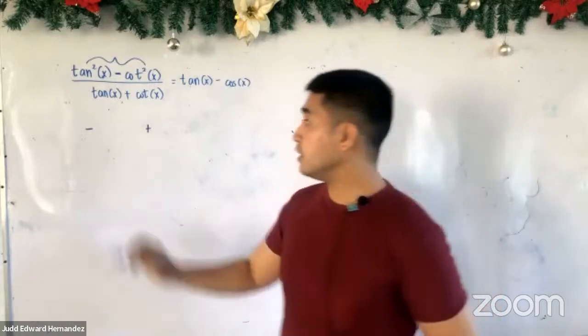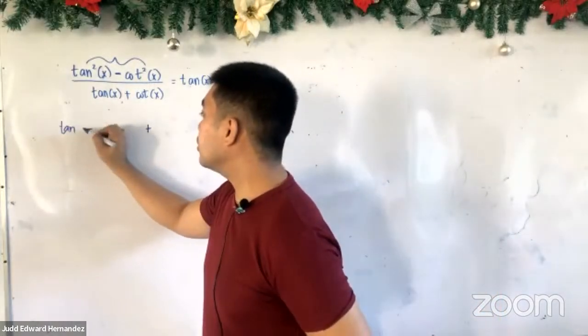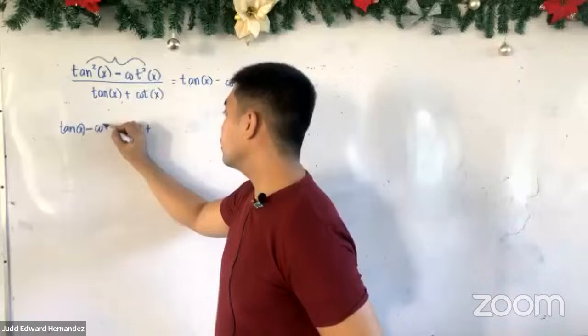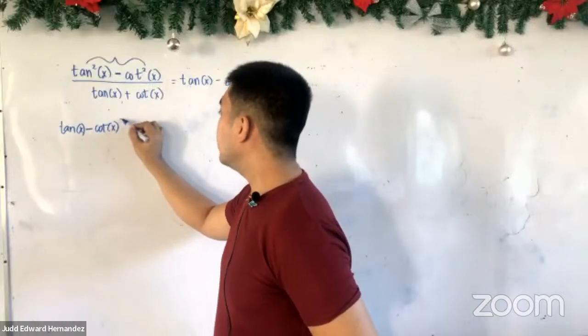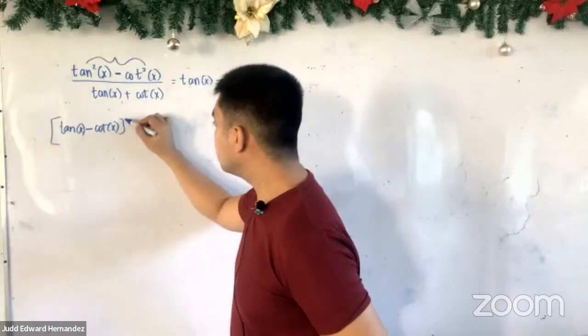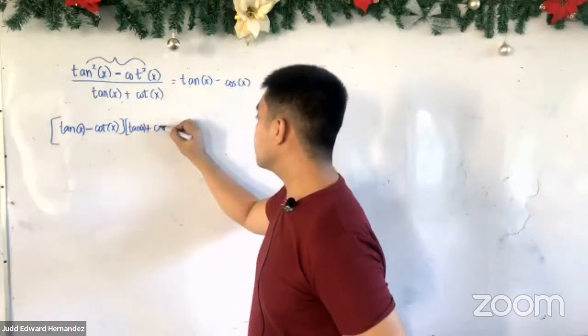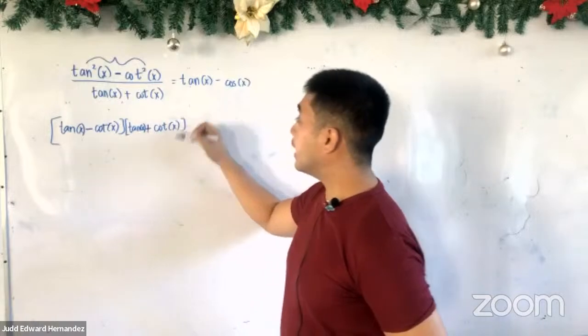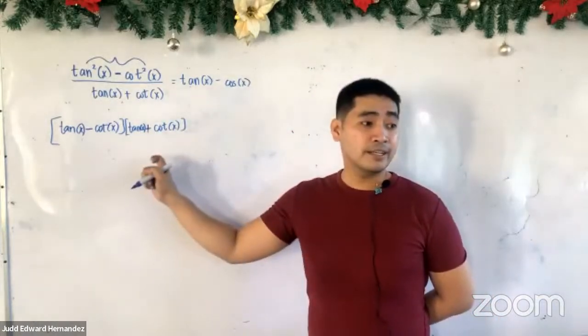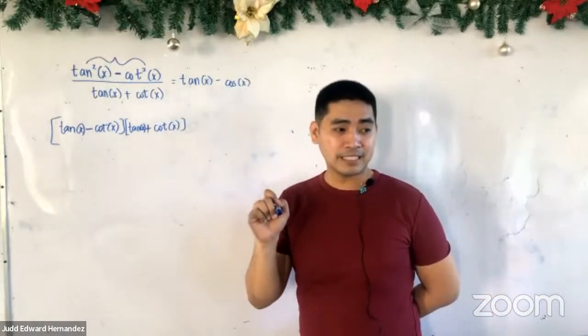Okay, and it contains tangent of x minus cotangent of x. Then multiply that to tangent of x plus cotangent of x. And that will be the factor. Tama, mali? Tama po. Okay. Over